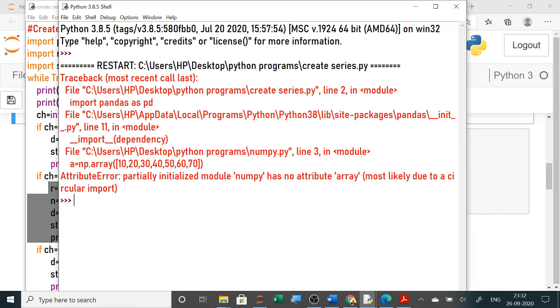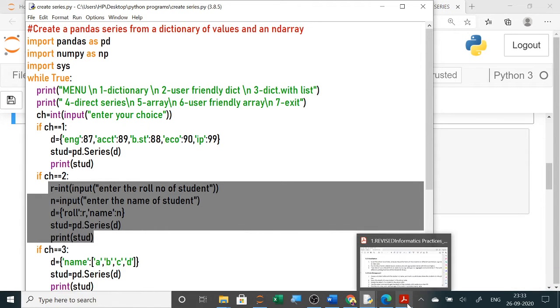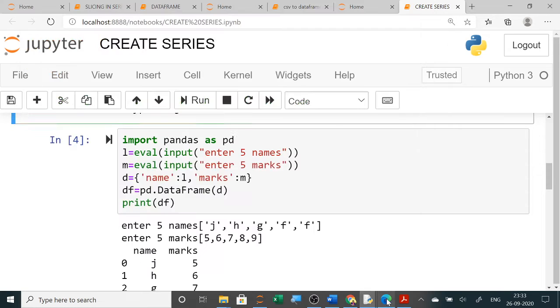Here we have to import numpy, so pip install numpy and pip install pandas. Previously I have shown you the output; the same output you will write from the command prompt. I will do the pip install and then all the outputs will be displayed. The next programs were arithmetic operators. Let me show you all your programs first in Jupyter.